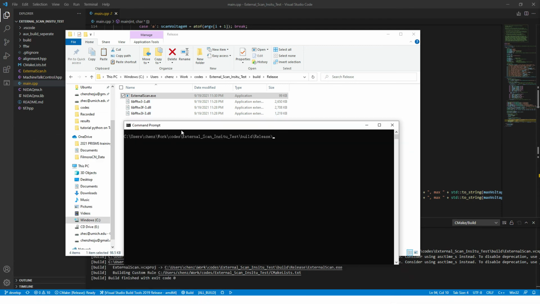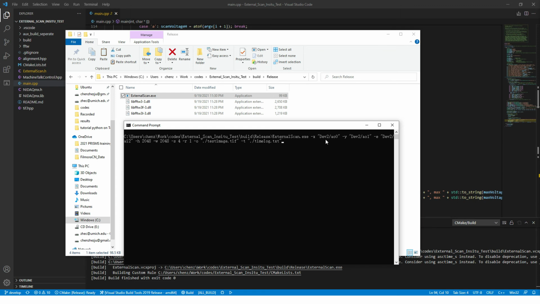If I open a Windows command prompt and change directory to this folder, I can call this executable and add arguments. For example, -x means the terminal that controls the e-beam scan in the x direction.